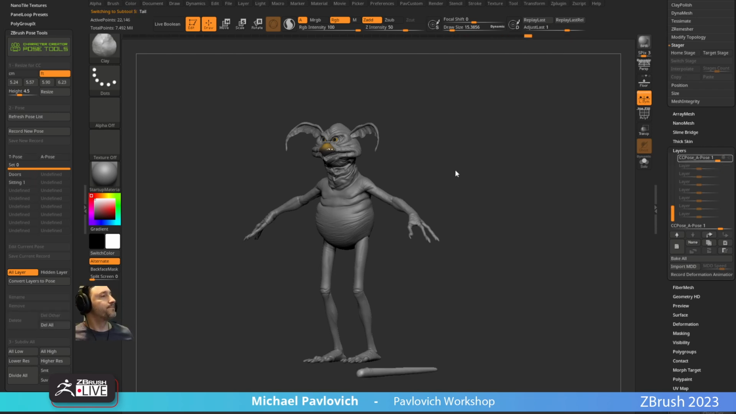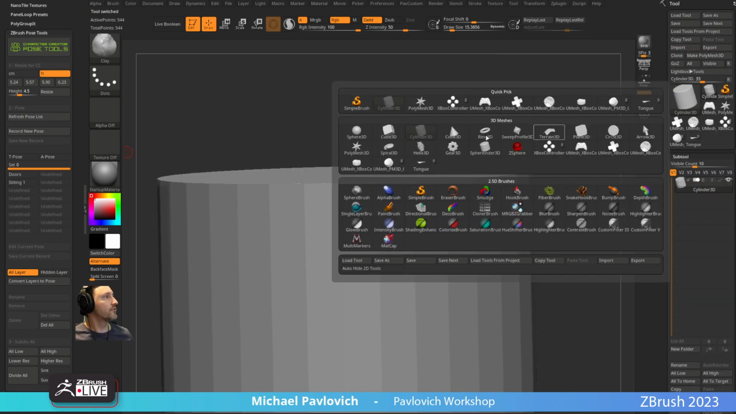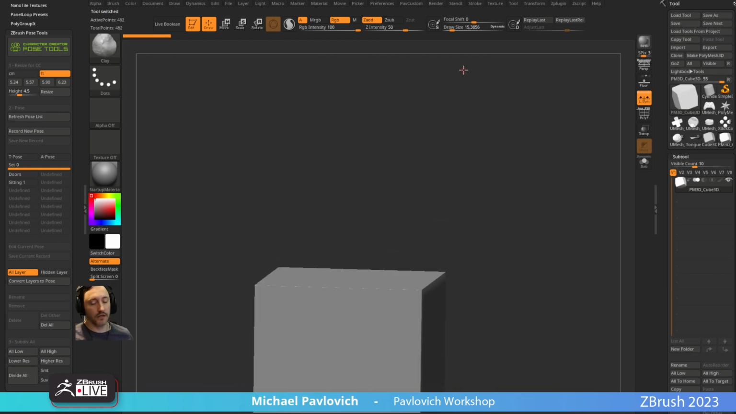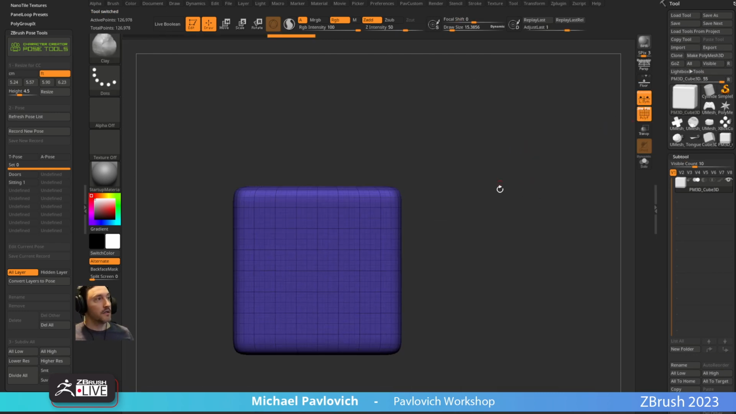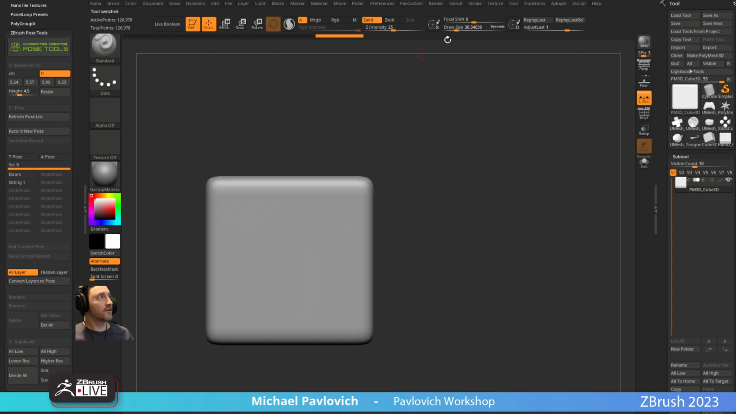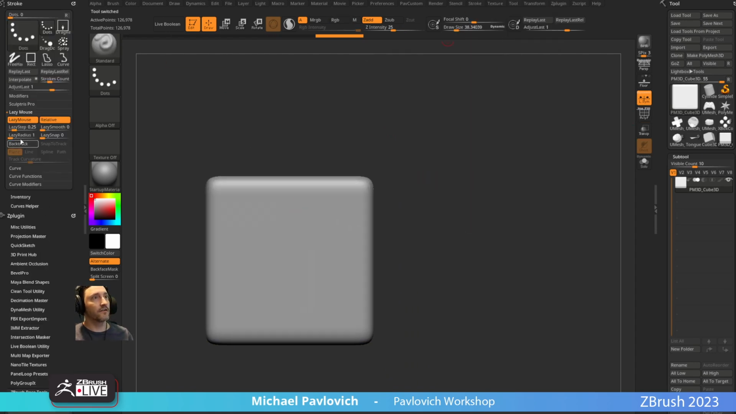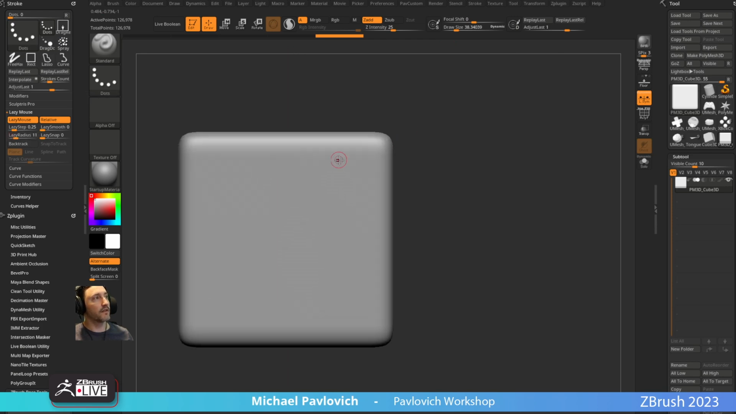There's a couple different ways. Cool. Now, if we go in here to a Cube 3D, make PolyMesh 3D, Control D a bunch of times. The standard brush by default has lazy mouse turned on, granted this is a lazy radius of 1, but with lazy radius turned on, you can hold down Shift and that'll give you a line, and then you can let go and make a straight line. If you don't have lazy mouse on, you can also just hold down Shift as you're drawing and it will constrain it to a straight line